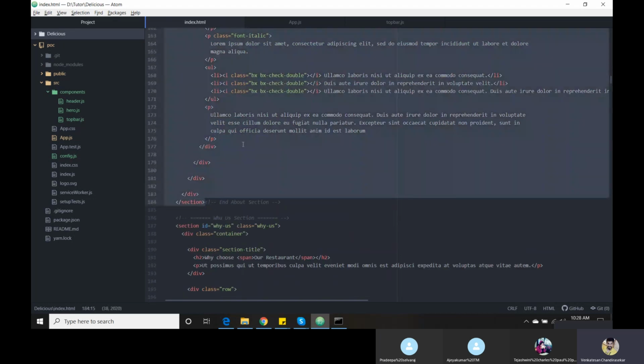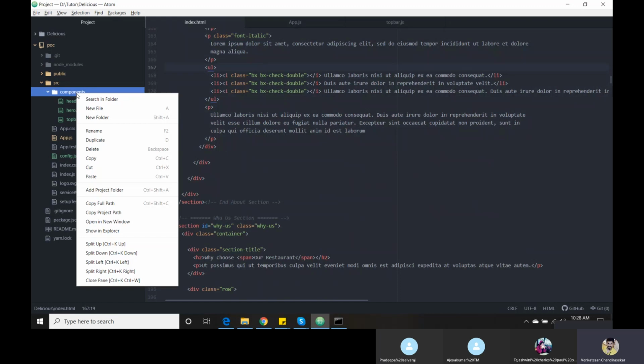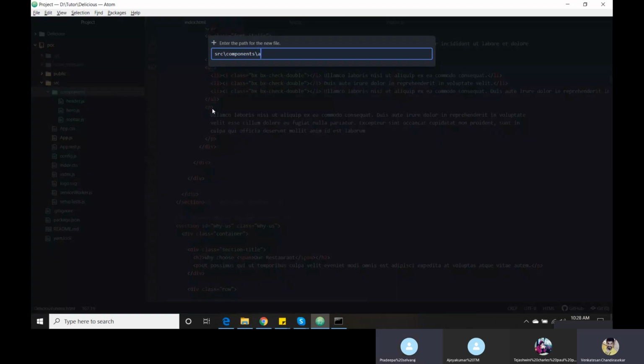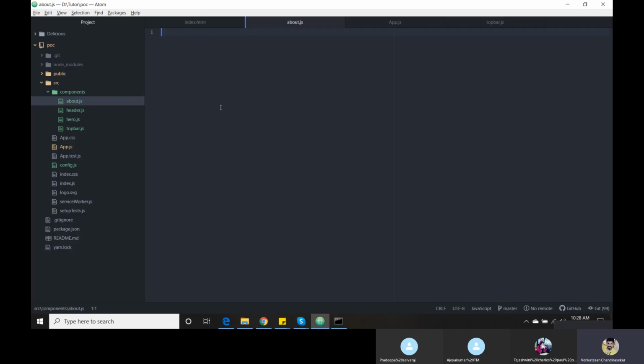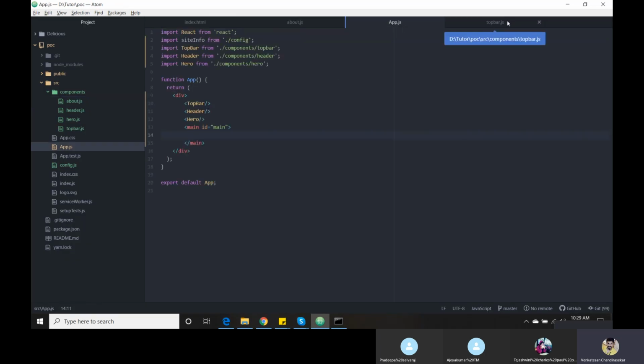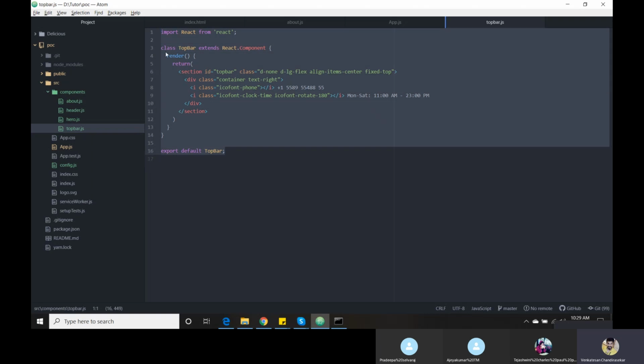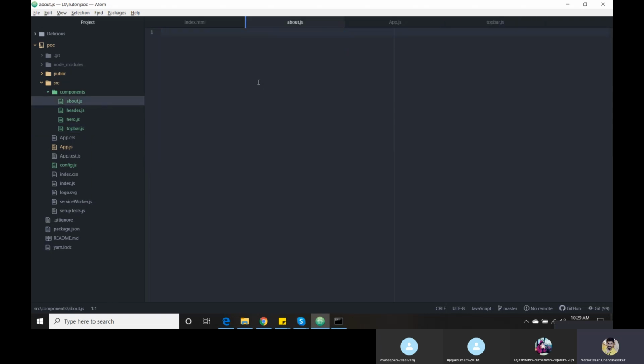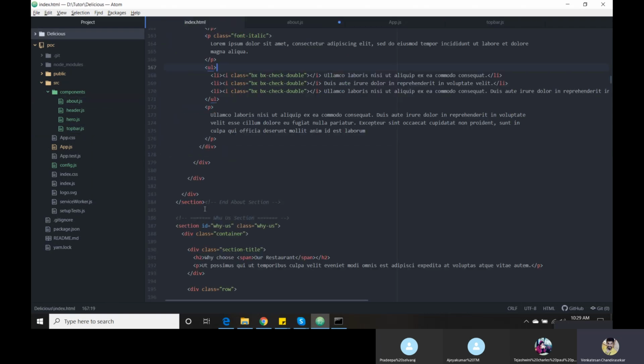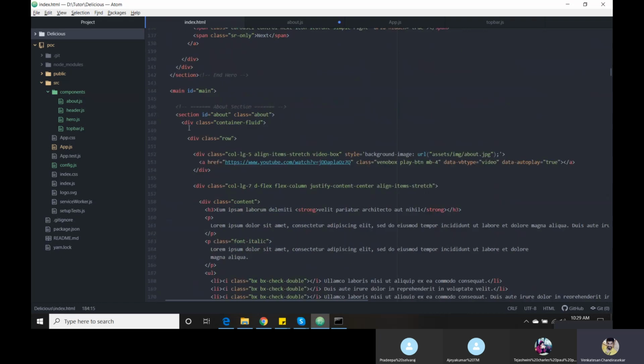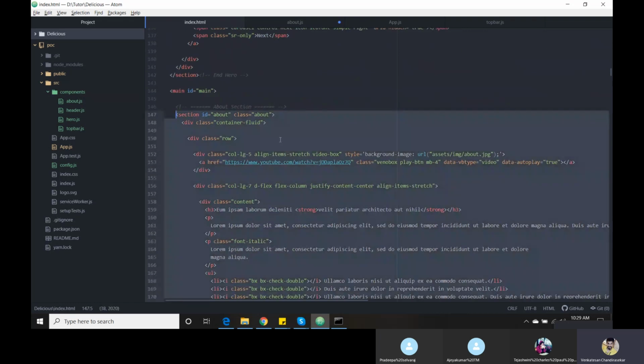copy. Create a new file, about.js. The extension should be JS. We already have a component creation, so I'm just going to copy and paste, and replace it with the about section.